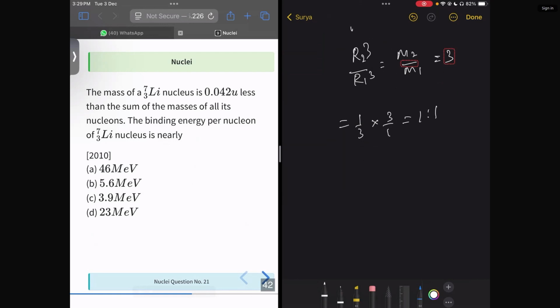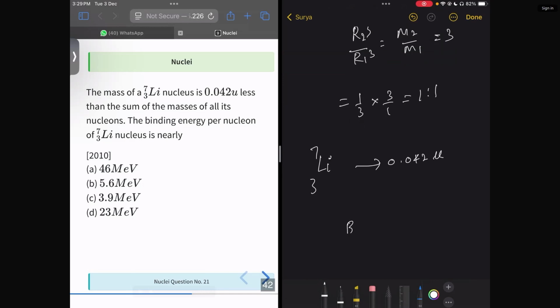So they are given that the mass of the lithium nucleus is 0.042 atomic mass unit, which is less than the sum of masses of all nucleons. The binding energy is given by